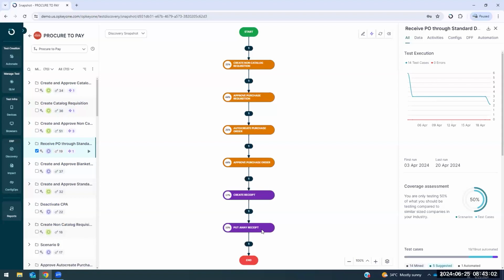As I mentioned, this becomes your as-is coverage, basically using the transaction logs that are created by your functional folks or the business people. We are able to mine those and show you basically this is what you have been testing as of now.